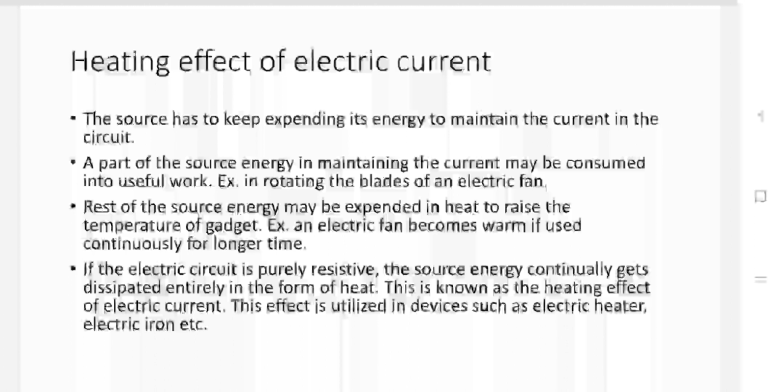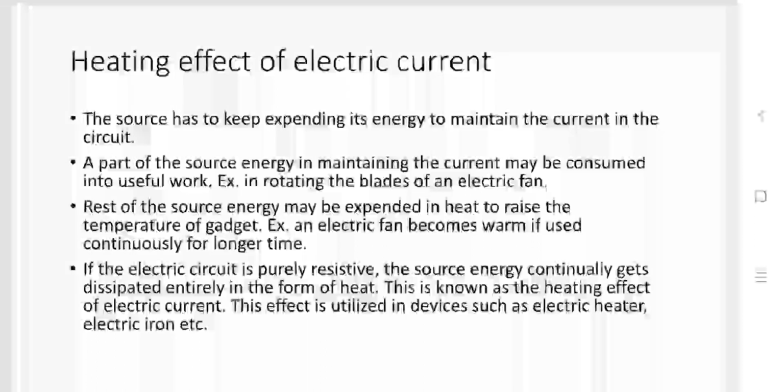Just like if we are using our mobile phone or laptop continuously, right, it starts to get heated. So we can say that from the source, whatever energy is delivered, we are using it in that particular gadget. But if we are using it for a longer time, it's not just passing the current for our purpose, but our device, our gadget starts to get warm, starts to get heated. So this is how our energy can transfer in terms of heat.